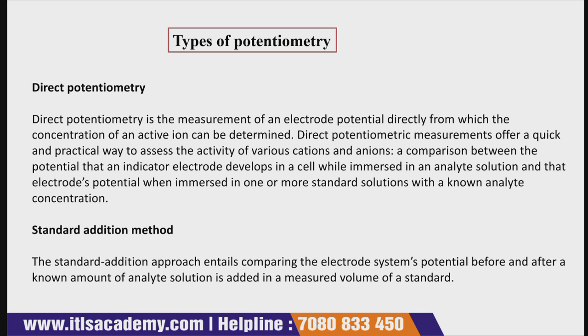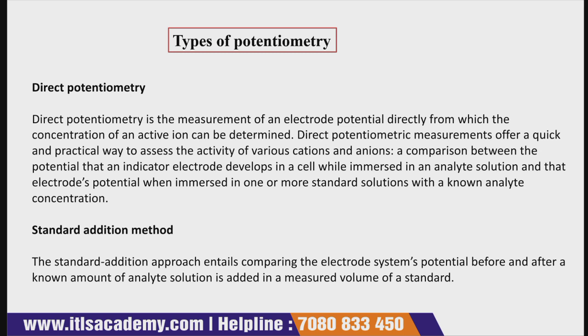Since the name suggests direct, here the electrode potential is measured directly, and from this measurement the concentration of active ions can be determined. Direct potentiometry offers a very quick and practical way to assess the activity of various cations and anions. Here we compare the potential that an indicator electrode develops in the cell while immersed in an